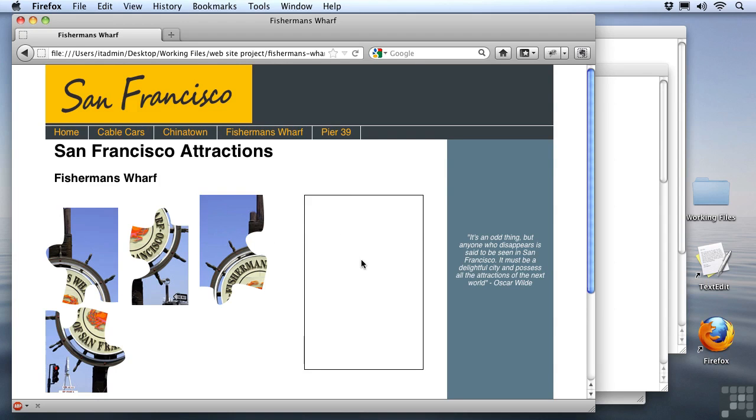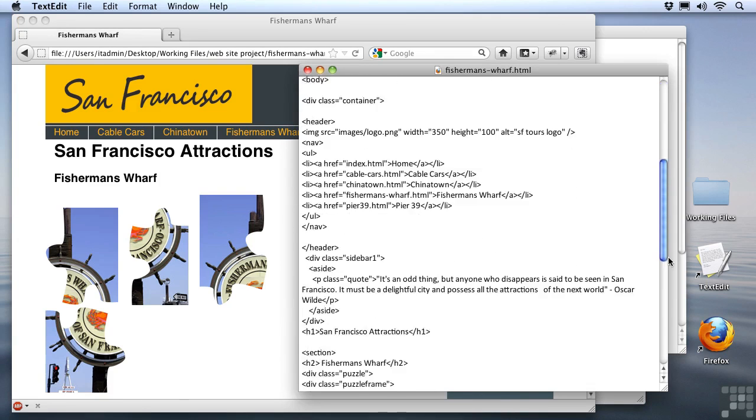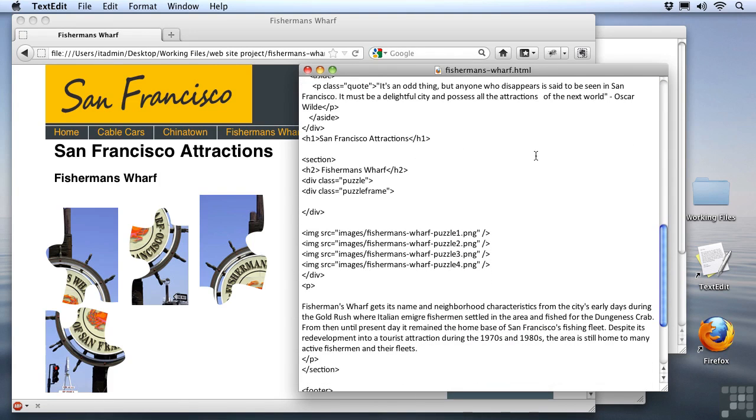and I'll drop them right inside this frame div that we created here. So let's go back to our document and we'll set that up. First, I'll scroll back down to the section tag where we were before, and inside that puzzle frame div, I'm going to add one more div for starters. I'll give this one an ID equal to div1, just so we can tell it apart from the others. And we'll go ahead and close up that div there,